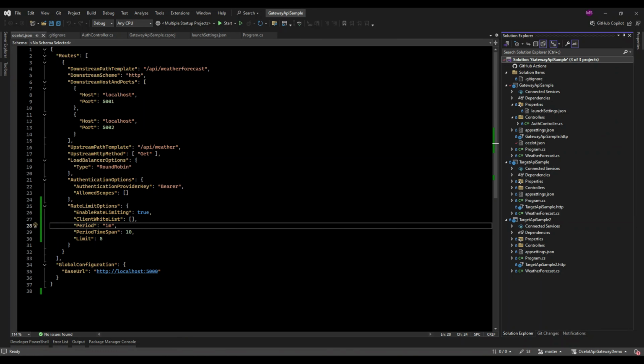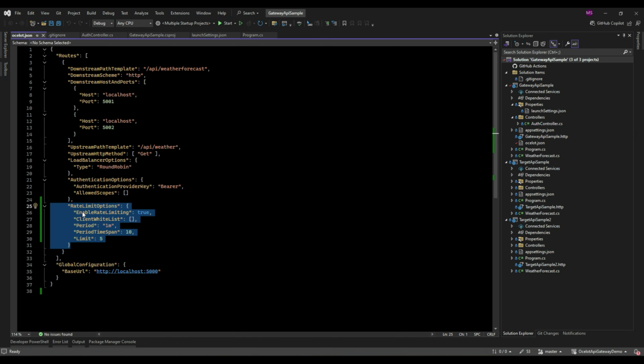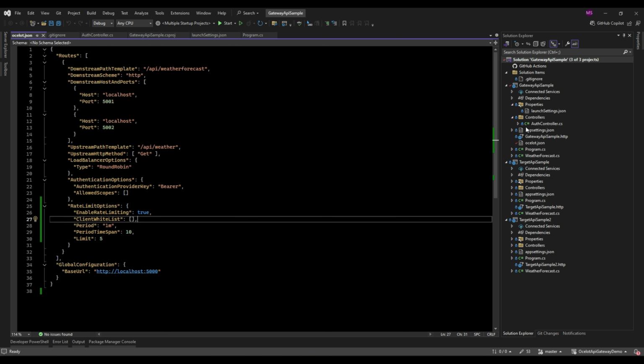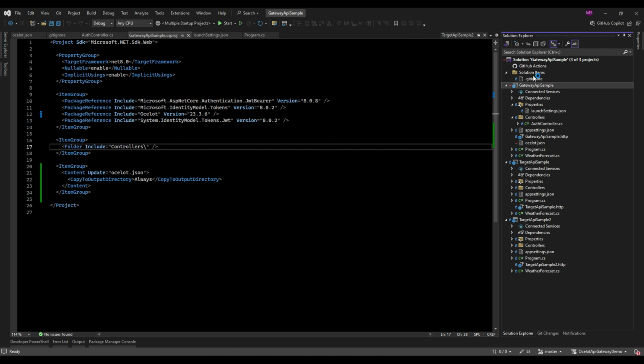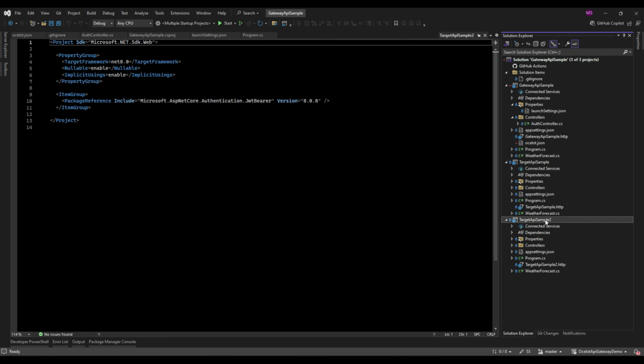Now that we have added rate limit options to our Ocelot.json file in the Gateway API sample project, the next step is to ensure that all necessary projects are properly configured and running together. To achieve this, I've added the Target API sample and Target API sample 2 projects to the same solution. Here's what I did.